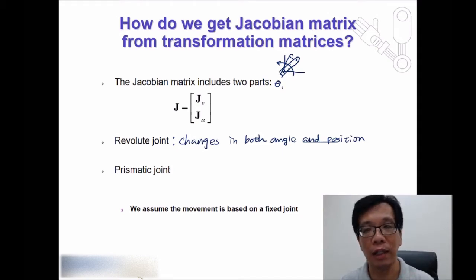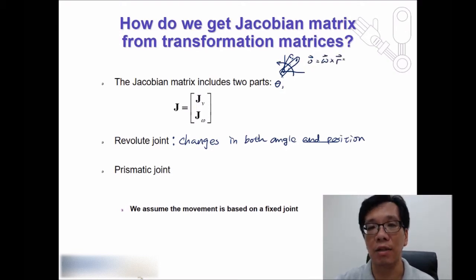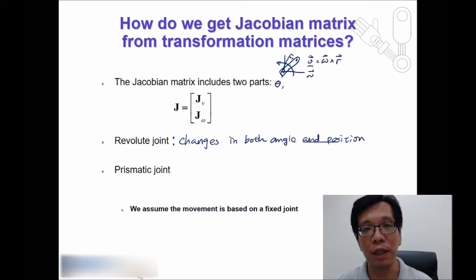So you need to have that. And we also know that V equals omega cross product R, which is something we did in the first slide of this module. So when you have V and you have omega, the JV and J omega need to be set for those two separate